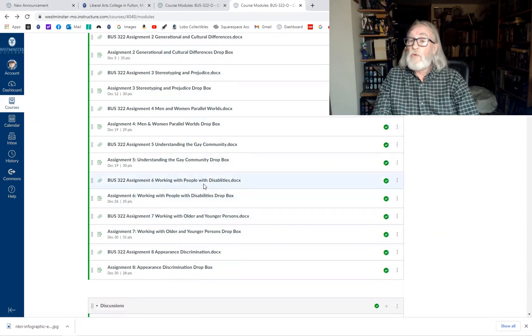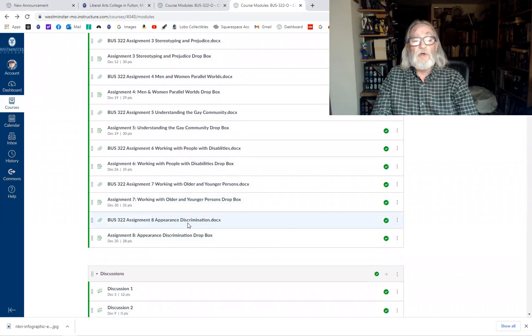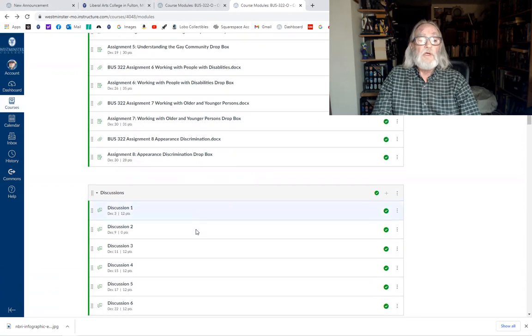And so forth, working with people with disabilities. So like I said, it's a diversity class, and there are many topics. Younger and older people, the author mainly concentrates on older people, but he says younger and older, so I try to put something in about both. The same here about appearance discrimination, mainly talks about being fat, but they're working with older and younger people of all types. You really have to add a lot of other topics in, and I have.